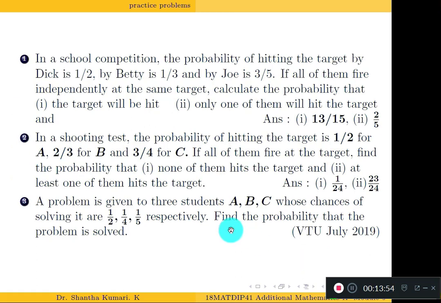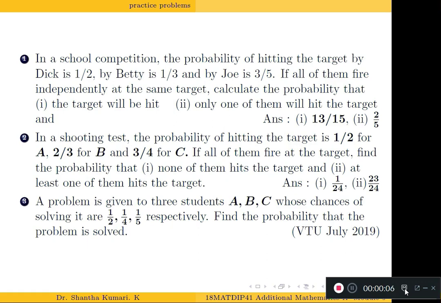I am just giving you some practice problems now. All are similar to the problems which you have worked out today. Just go through this. Take a screenshot of this. Try to answer. For the first two questions I have given you the answer here, just check whether you get the answer. This is selected from your recent question paper. Same type of question is answered already. Problem is given to 3 students. In your previous video also I answered a similar question. Only data is new here. So you can answer yourself. You can send me your answer. I will verify and inform you.